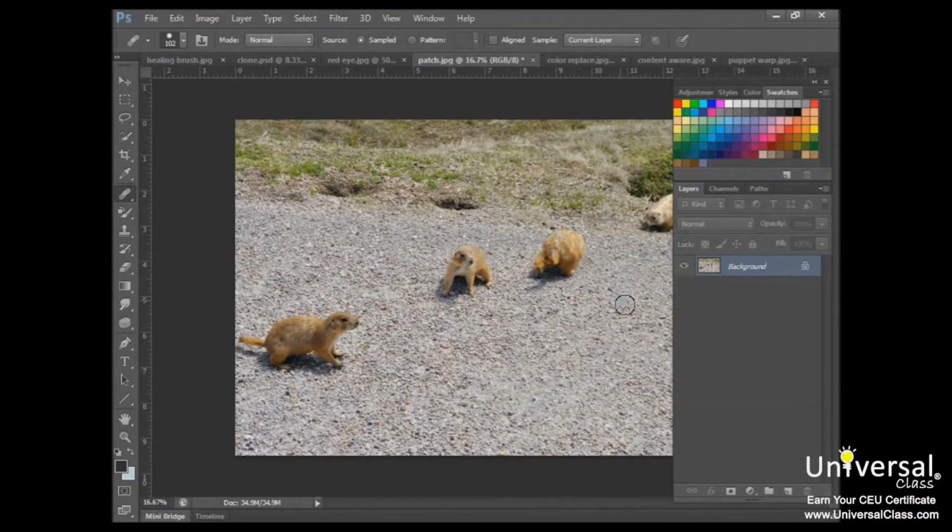Another fun tool to use is the patch tool. The patch tool will let you repair an area with pixels from another area or pattern, and it's grouped over here with the spot healing brush tool. To use the patch tool, click on it and then drag your mouse over the image to outline the area of the image that you want to repair. So for example, if I decided I didn't want this little prairie dog in the picture with the rest because he's not facing forward, I'd simply click, drag around him,